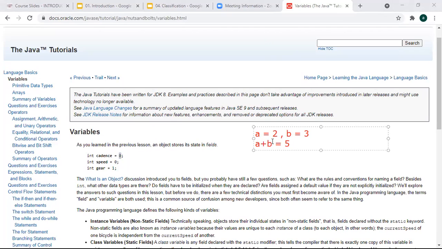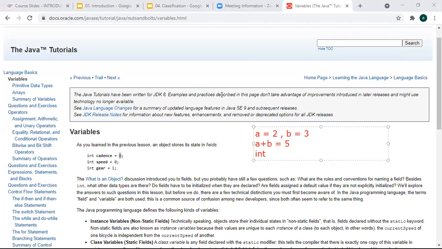So a and b are variables, and of what type? They hold numeric values of integer type. Int is an integer data type, which tells that a and b are of integer type and hold numeric data.